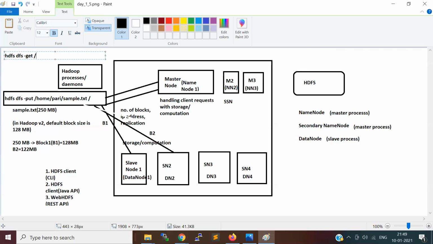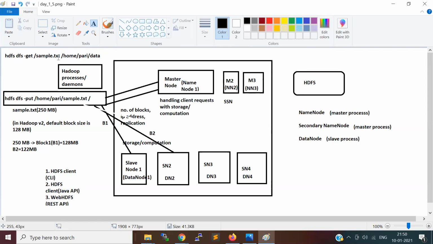I kept the file sample.txt in the root directory, so I will read it from slash, and I want to store it in home slash pari slash data. In my home directory I have a folder called data, and I want to store it there.